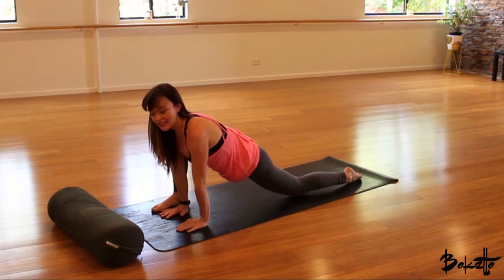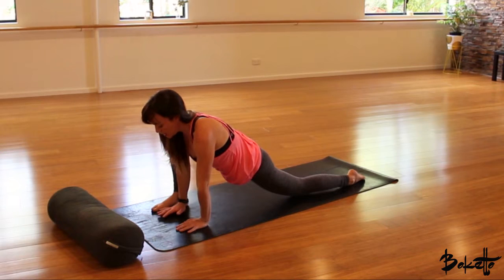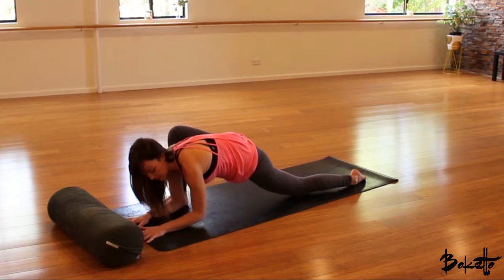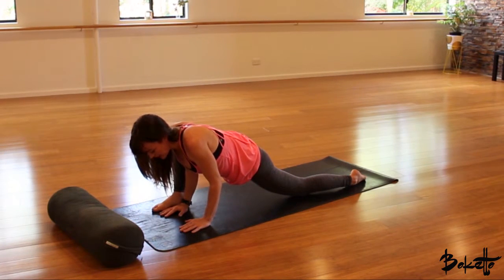Beautiful. So we're in our lizard lunge here. The next thing we're going to do is come to gently fold forward. So we can bend into the elbows to start to come down onto our forearms. If you can't quite get down onto the forearms, you can just keep the elbows bent